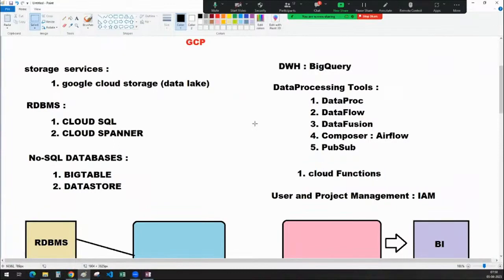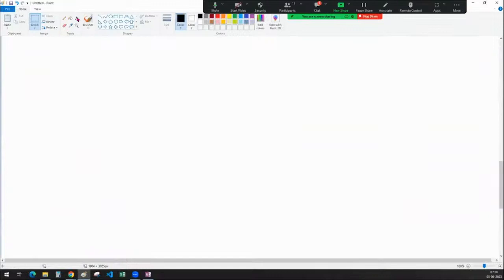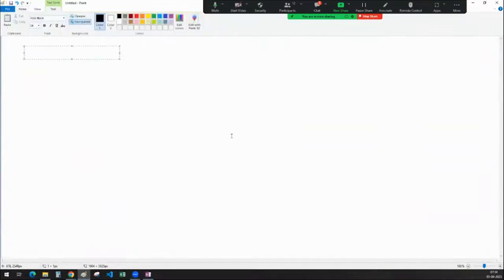So I would like you to understand that SQL and Python are very popular here in data engineering. If you look at Cloud SQL, Cloud Spanner SQL, BigQuery SQL, and even if I go to Dataproc and work with PySpark, I'd be using Python plus SQL plus Spark. Again it comes in SQL, and Dataflow SQL, Data Fusion is a no-code tool, and Cloud Functions is Python. So this is how it is, guys. If you wanted to understand all the concepts, whatever I am saying, I'm expecting a prerequisite